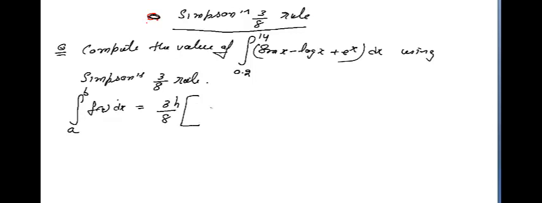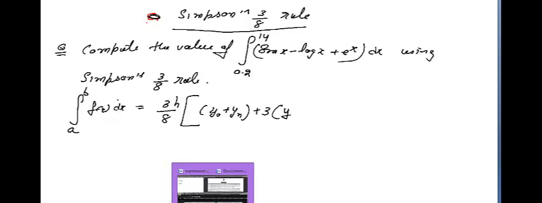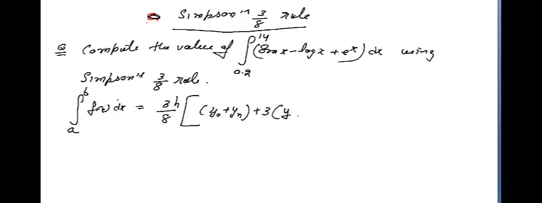You will take the starting value and end value, add starting y and end y once only, and you will add twice the multiples of 3, that is y3, y6 and so on.